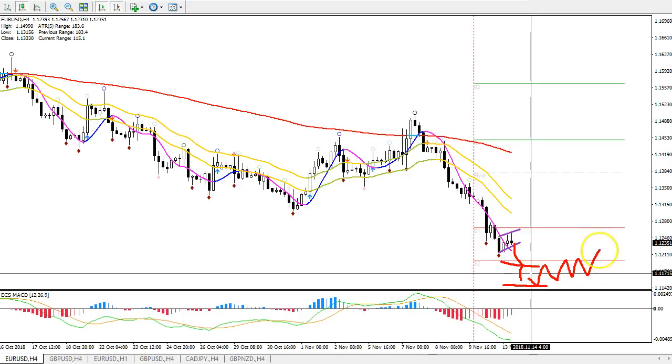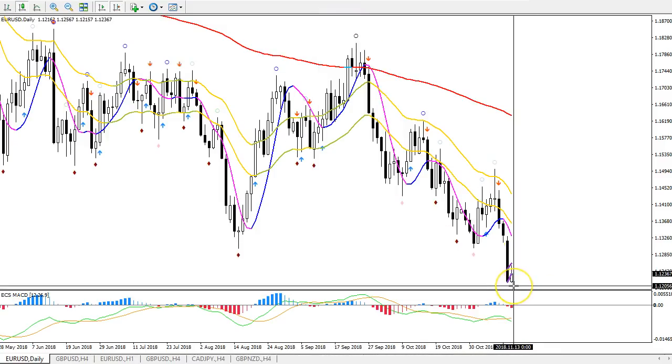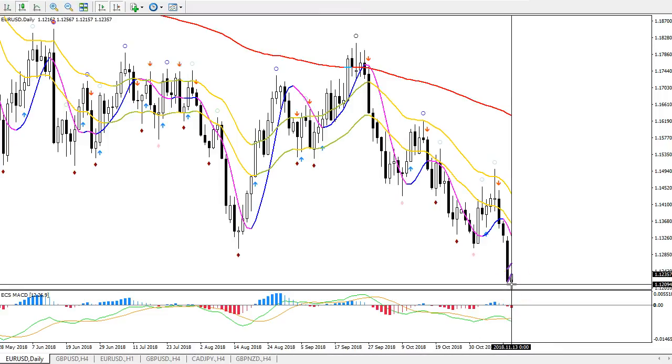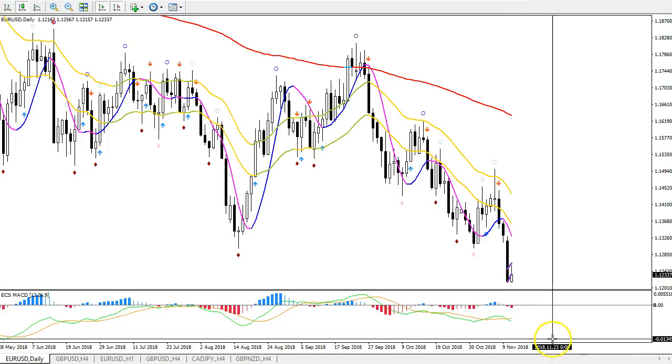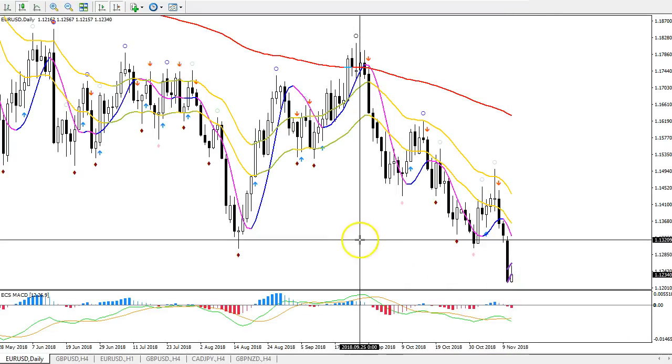But eventually we should see some kind of bigger flag on the 4-hour chart that hits the 21 EMA zone and then continues further down. Definitely yesterday's daily candle is a strong signal, and I think that today could be a little bit of retracement, but eventually we should see a continuation to the downside just based on this price action and a break of